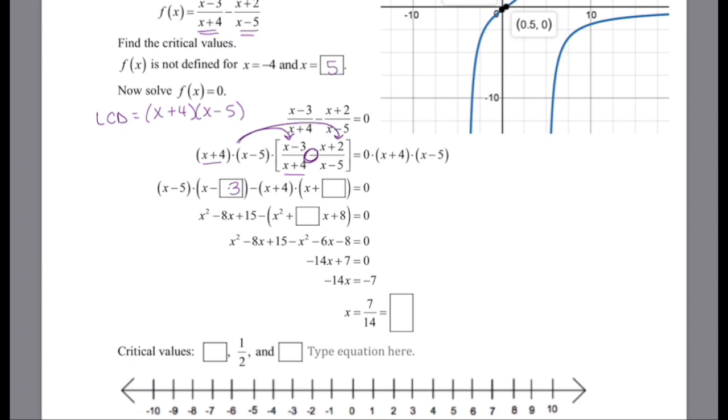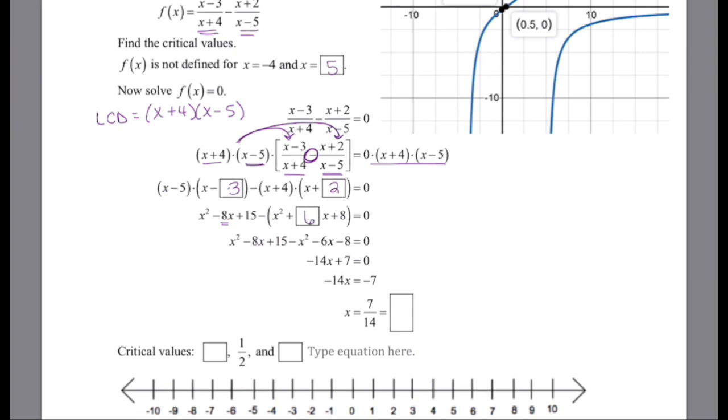Subtracting. When I multiply x plus 4, x minus 5 with the right-hand side, I see that my x minus 5s would cancel. So I'm left with x plus 4 times x plus 2. And when I multiplied everything on the right, anything times 0 is 0. So easy enough to get rid of. Now I'm going to distribute, and distributing I'll have x squared minus 5x minus 3x to provide me with negative 8x plus 15. Subtract, I'll also have x squared plus 2x plus 4x, which would end up with positive 6x